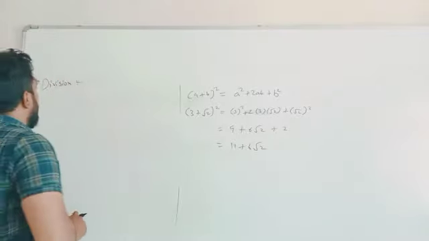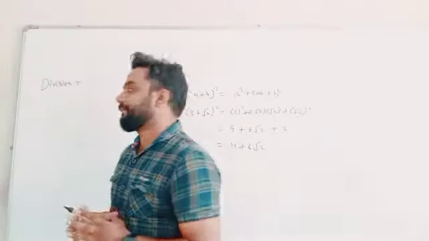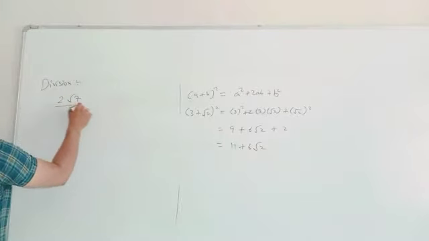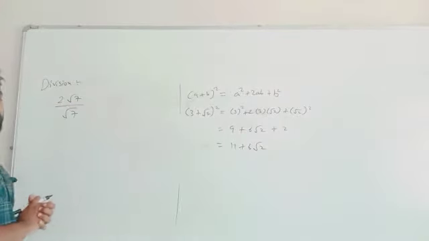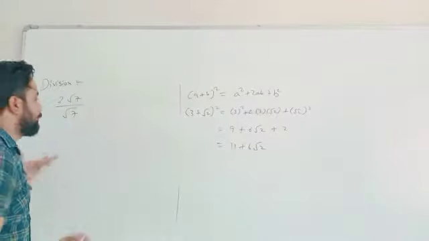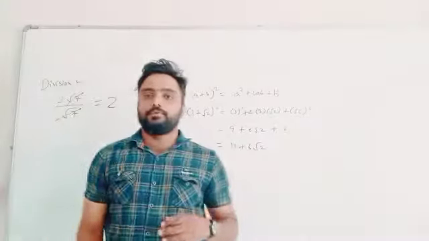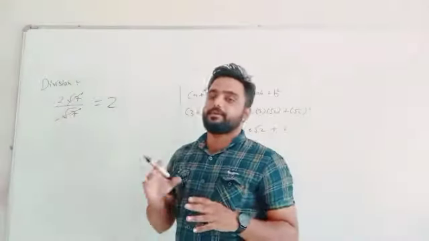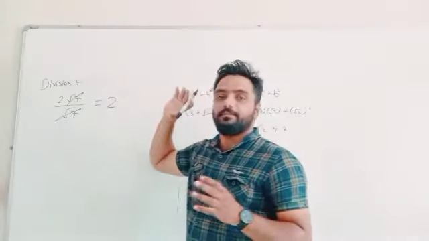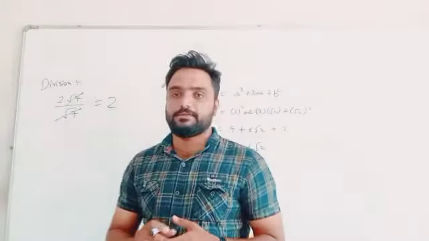The last operation, that is the division. Now when the value is given to you in this way, suppose 2 root 7 divided by root 7. Suppose you have to do the division like this one, that is 2 root 7 divided by root 7. So you can cancel root 7 and you have to write answer 2. This is the simplest method in order to do the division when the irrational number is divided by the irrational number. Understand or not? You have to do the division in this way.